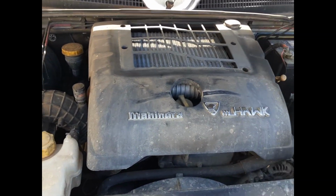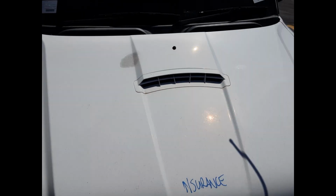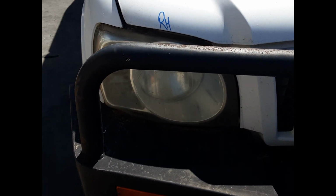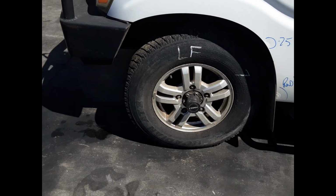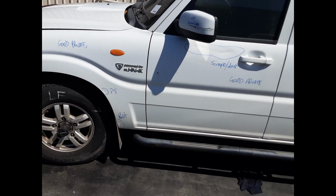2.2 litre 4-cylinder turbo diesel engine with bonnet, has no damage, radiator grille, factory bull bar with all bolts and brackets, and LED light, right hand headlight, left hand headlight, left guard has a small dent and a little bit of rust, left front 16-inch factory alloy mag with a good tyre, left power door mirror does have scratches, left front door has a large scrape,